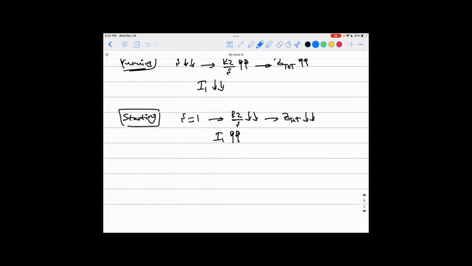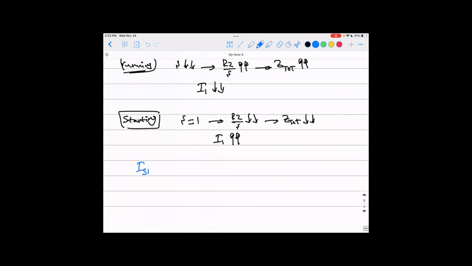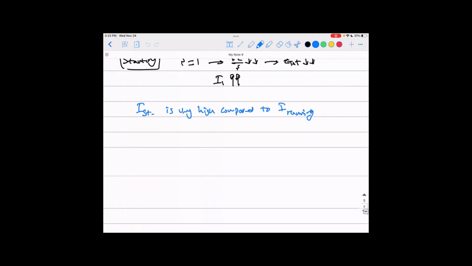And why we don't like this: the I starting is very high compared to I running. What are all the problems that come with this? You know that if you have a very high amount of current, you will have two problems actually. The first one is that when this I starting is very high,